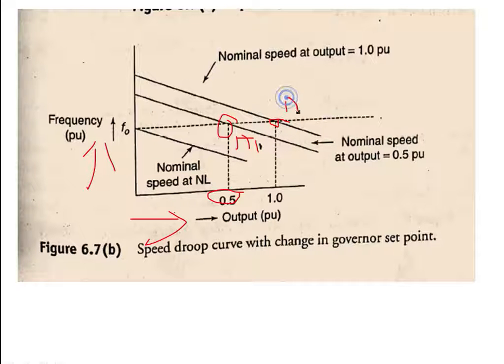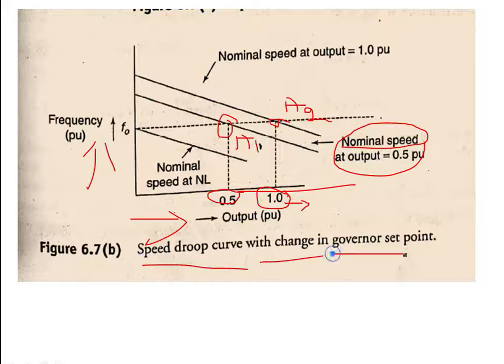That is for second unit where exactly it crosses the base frequency point. For load 100% or 1 per unit, the total power, the base frequency will meet at f0. So for base frequency, if you are increasing the power level, the base frequency increases. That is called the nominal speed. This characteristic curve is called the speed droop curve, with change in governor mechanism.